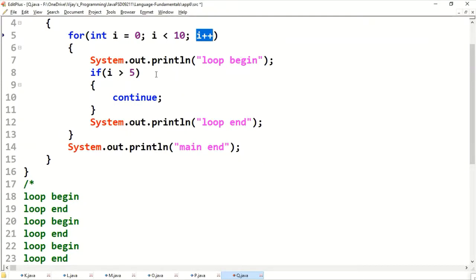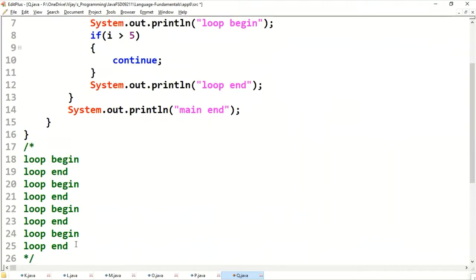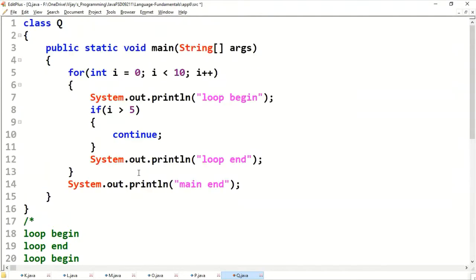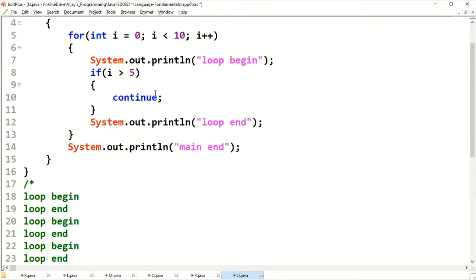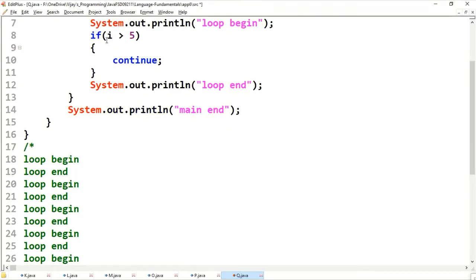Yes. Loop begin. Whether 4 greater than 5? No. Loop end. 4 is becoming 5. 5 less than 10? Yes. Loop begin. 5 greater than 5? No. Loop end.